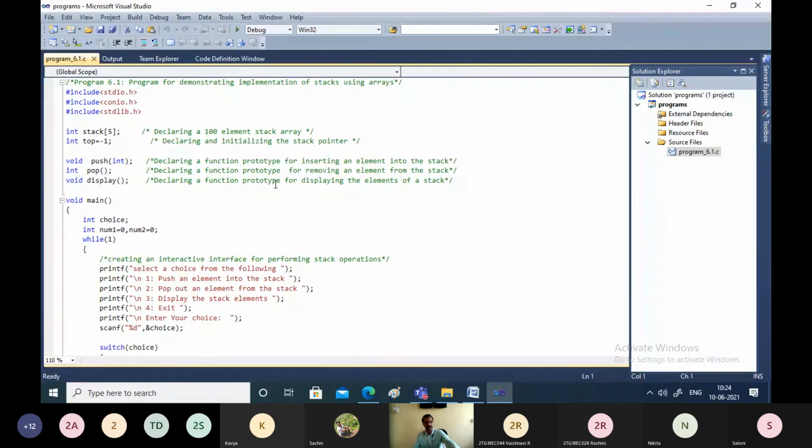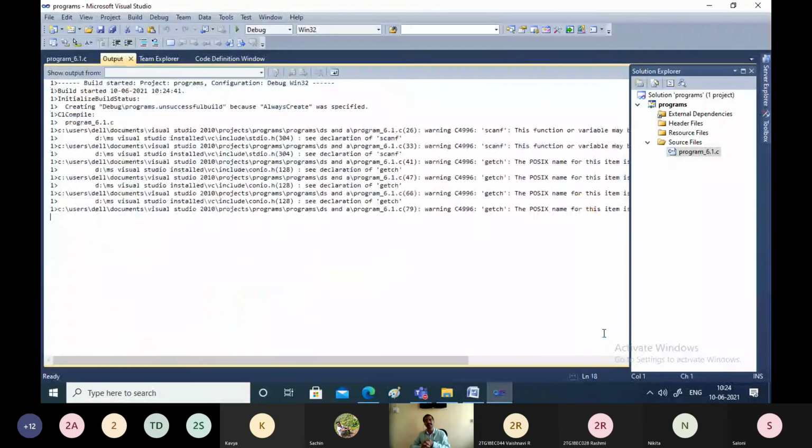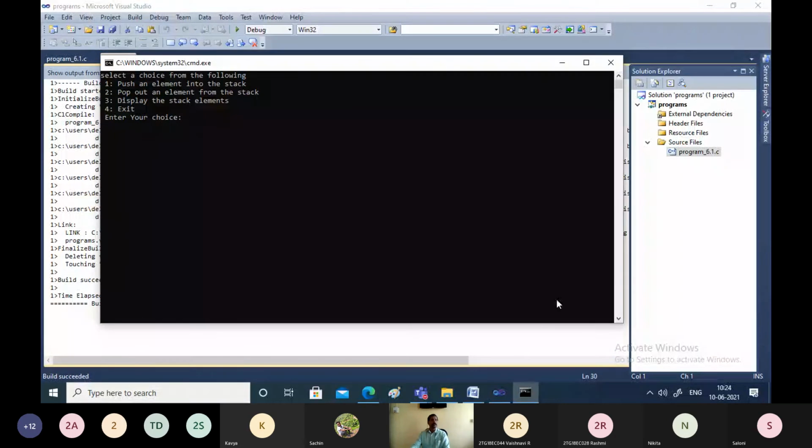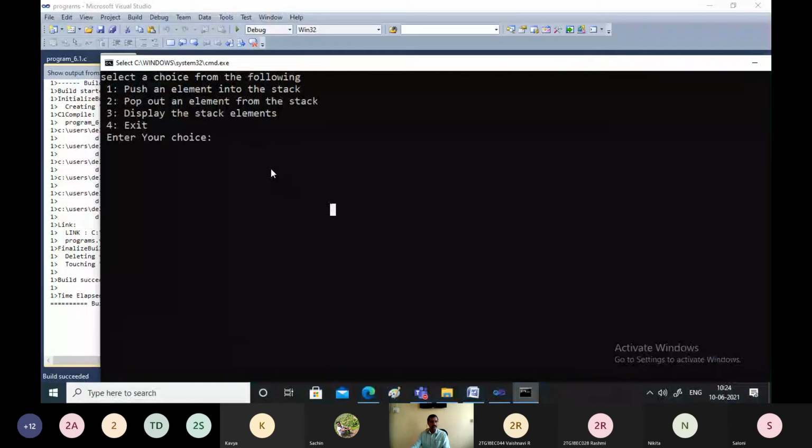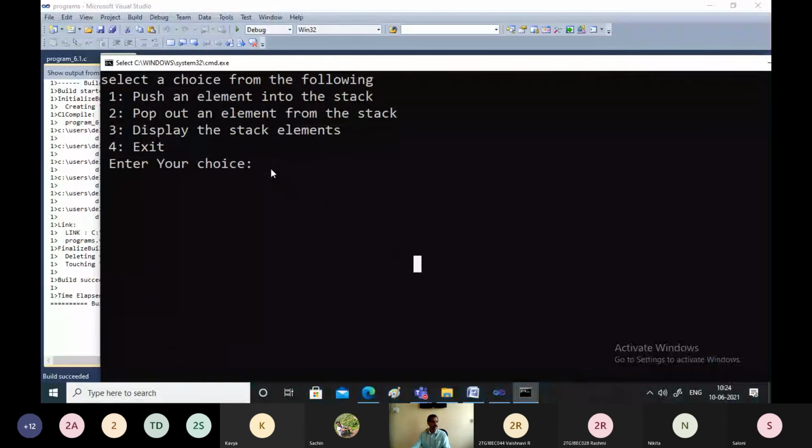Quickly I will give the demonstration of this program. This is a stack program. I have simply typed and saved this program. I'll execute the program. Right, as you know, these are the different operations which are being displayed to the user. I hope this font will be easy for you to see. So these are the different operations: 1 for push, 2 for pop, 3 for display, 4 for exit.